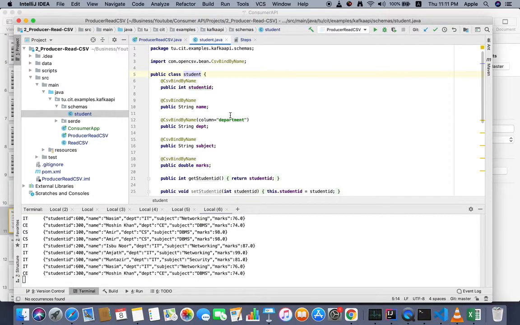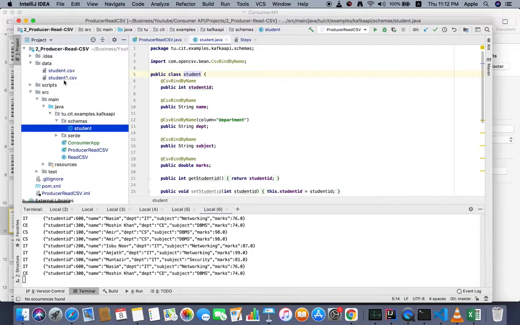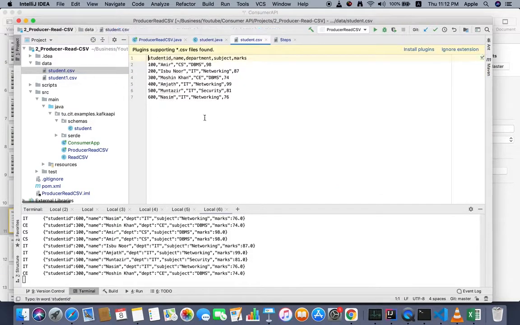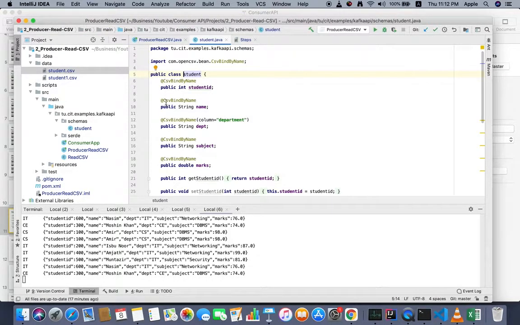So we were reading the CSV file, which has the student information: student ID, name, department, subject name, and the marks, right? You can see the complete detail of this producer application.